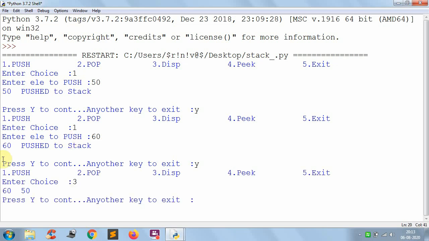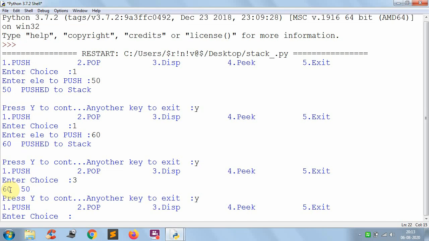See this, it displays 60 and 50, but actually you entered 50 and 60. First you entered 50, then 60, but when it comes to display, first it displayed 60, then 50, because the last inserted element will be taken first. By using that principle you are performing display and deletion operations.